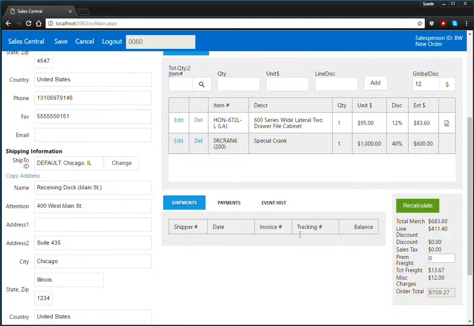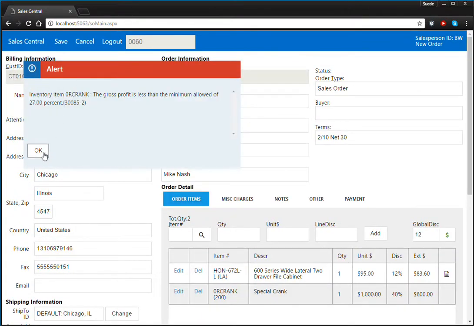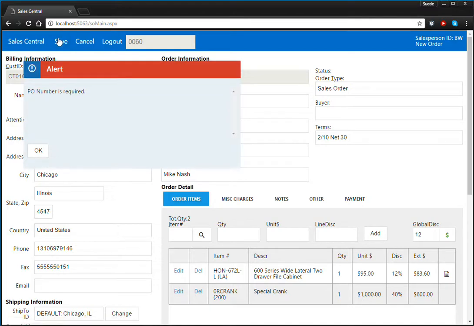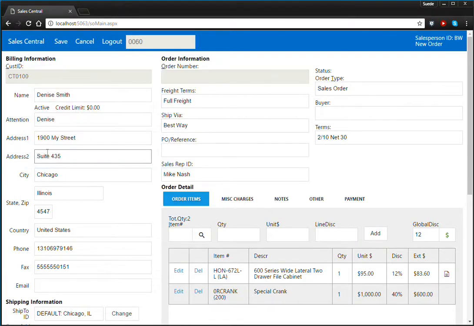It's going to give me this alert, that's fine. And now I can go ahead and save it. We've got rules in here that allow me to make sure that PO is required or any of those other types of things. So I've got to put in a PO number. Just put in something there, and if I hit save,